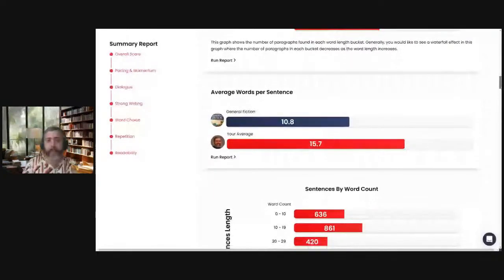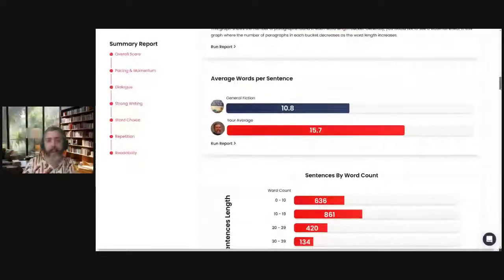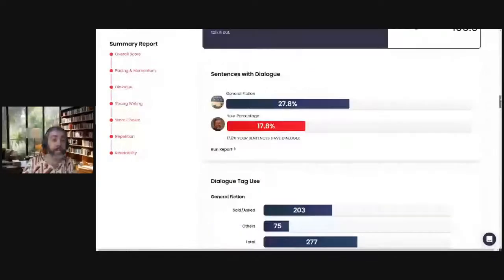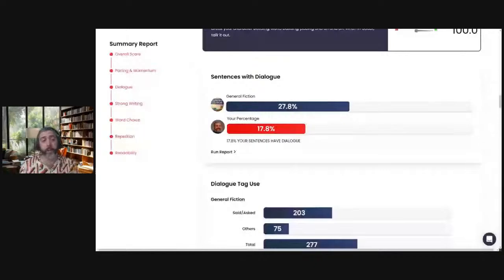All right, so we have dialogue. How many sentences have dialogue? The Time Machine has a lot less dialogue than a lot of books. Something to keep in mind. This is a common question that early authors have: do I have too much dialogue? And the answer you usually get is, well, it depends on what you want to do. But now you can see, depending on what you want to do, what that benchmark would look like. So do you want to sound like a typical romance author, in which case, oh, you actually have more than normal? Do you like that? Is that your style, or is it not?